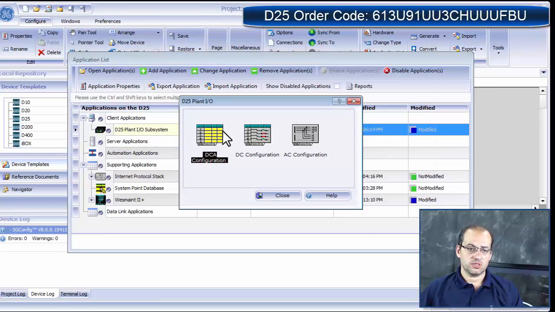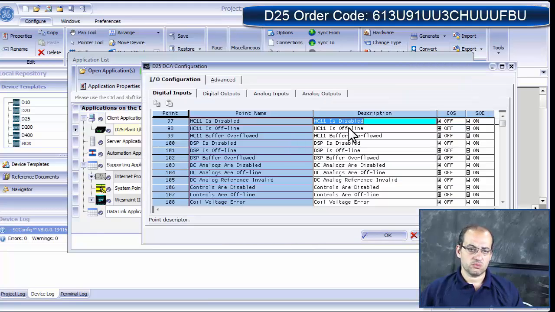For the plant I/O, or the I/O configuration, all the points that pertain to our data collection application are listed in this DCA pseudo point listing. So let's take a quick look at the DCA pseudo point listing. What you will find in here is, from point 97, digital inputs onward. Why 97? Because, like I said in the hardware video, there are 3 digital input cards. Each digital input card has 32 digital inputs. So that means that the first 96 digital input points are reserved for the hardware terminated points from the field